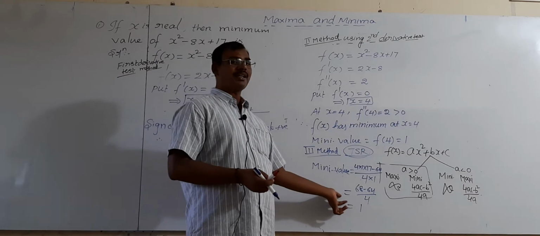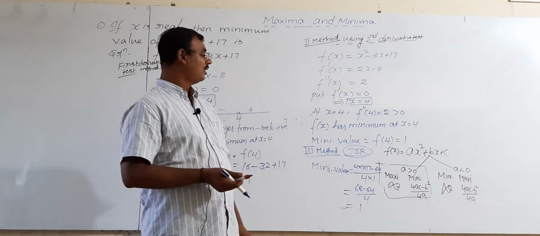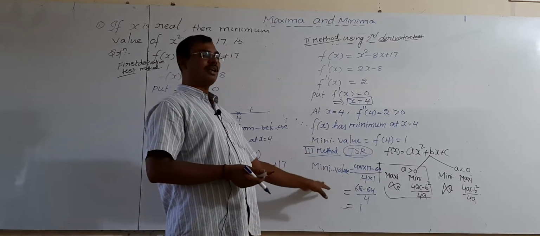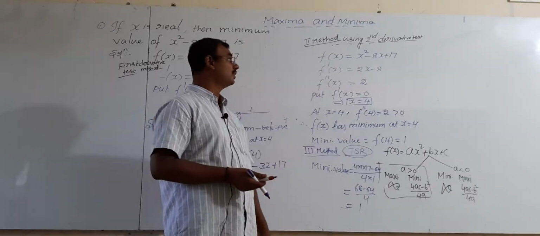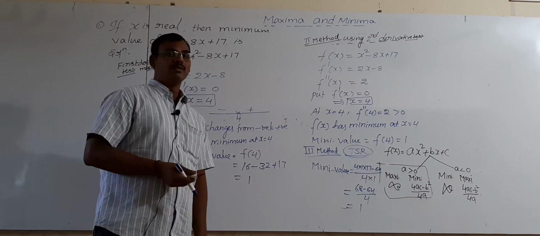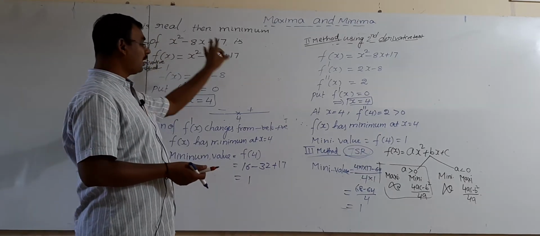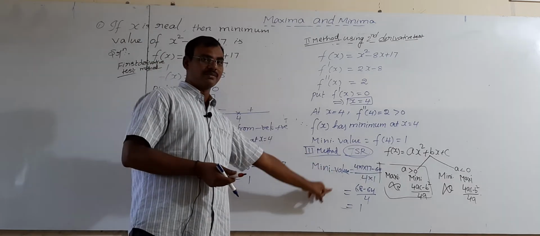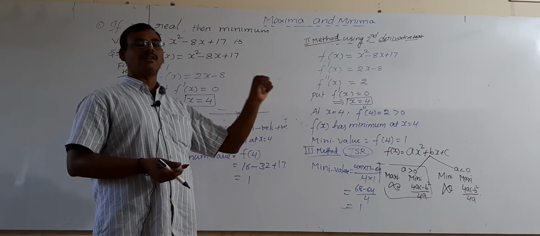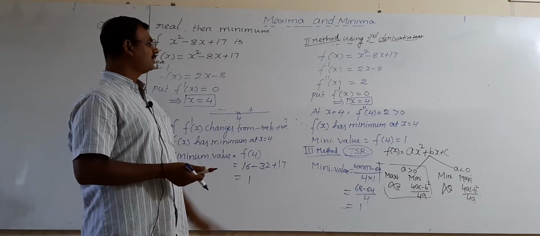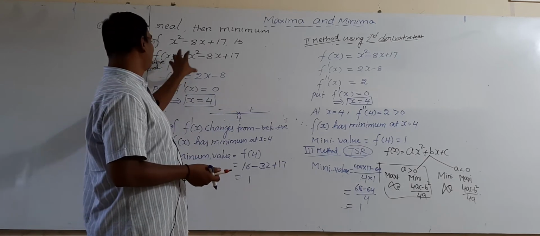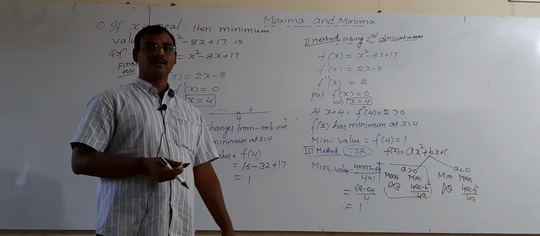It is taking only 10 seconds. Instead of 1 minute, with the help of 10 seconds, we can get the answer. Within a short time we can do it. So like this we are finding the maximum and minimum value of any function. Whenever the quadratic form is given, this is the shortcut method. But first derivative test, second derivative test is applicable in all cases, all types of functions. Any function is given, we can find out maximum and minimum values using first derivative test, second derivative test. All of you keep this in your mind.